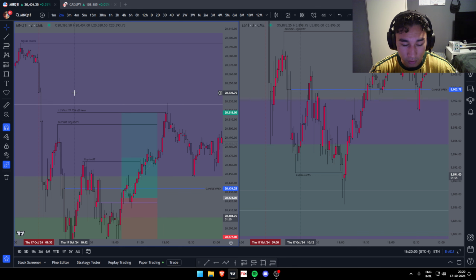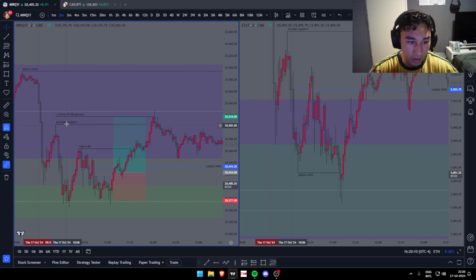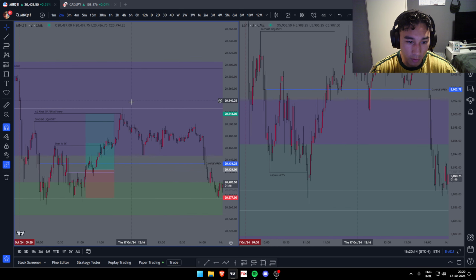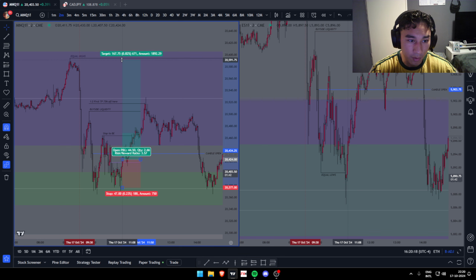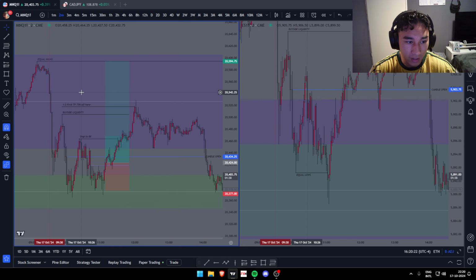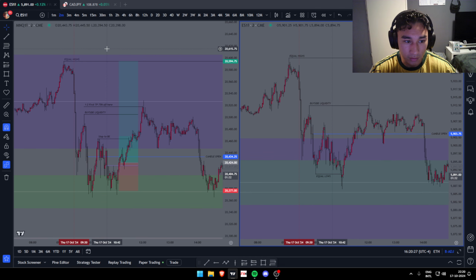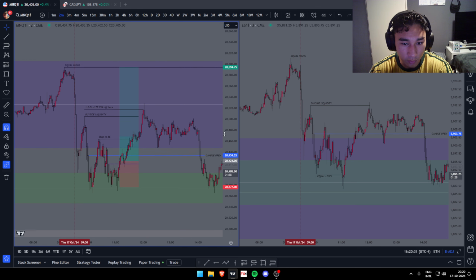I was only in with 3 contracts, but still. Risking the right amount this time, but I was in with 3 contracts total, took 2 contracts off here. I was still floating in $190 profit, which got stopped to break even. That would have made me up on the day as well, but I'm still following the rules, not looking at the previous trade. Like that's done, that has already happened. Don't look at the dollar amount. That's not the way. So this would have been full TP here, which would be the original consolidation.